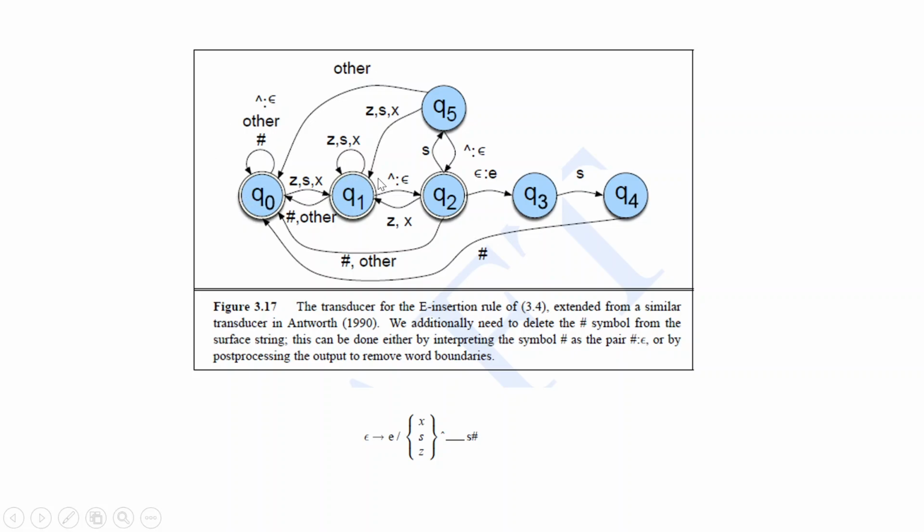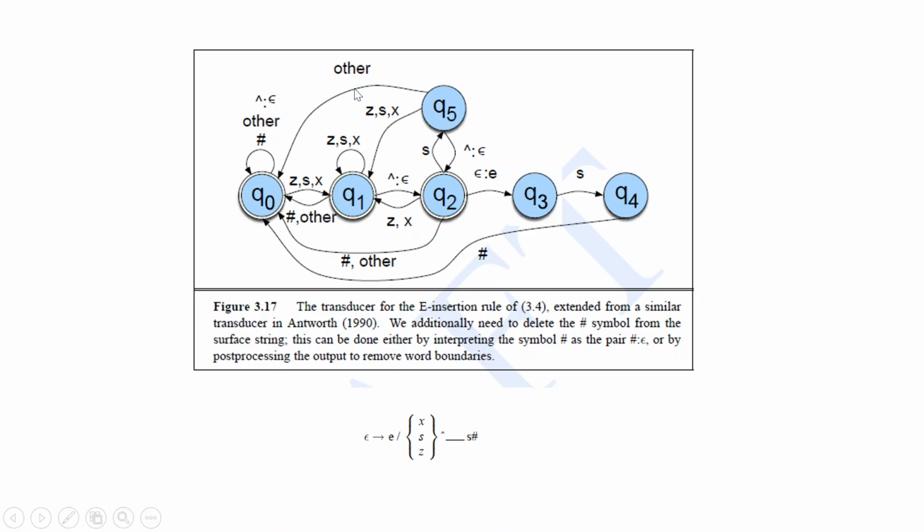Now in this state also, we have to look at different examples. Let us say PASS. When P and A are encountered, they are output. When S is encountered, it comes here. Then another S is encountered, it still stays here. After that, it can go through this path. Similarly, we have to look at other examples to find out what happens here.